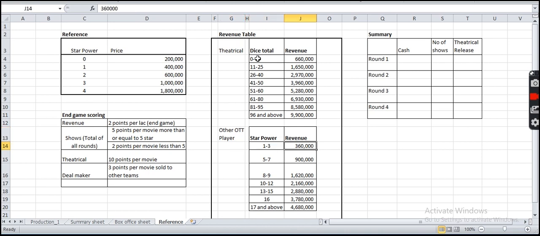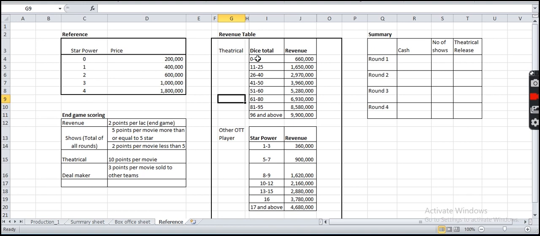So when you do that, this is that table that you have to follow. When you are not selling to your team members, but you're selling to someone else other than them, I'll come to that soon. And your third option is you are not releasing it in theater or selling it to any other OTT player. What you're doing is you are giving exclusive rights of your movie to your competitors. That means you're selling your movie directly to them and they can get exclusive rights of it.